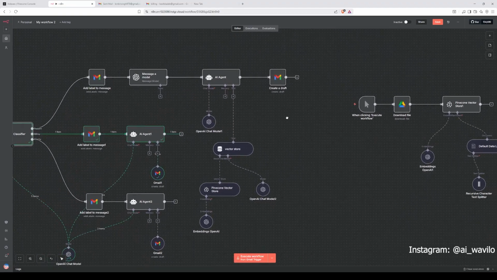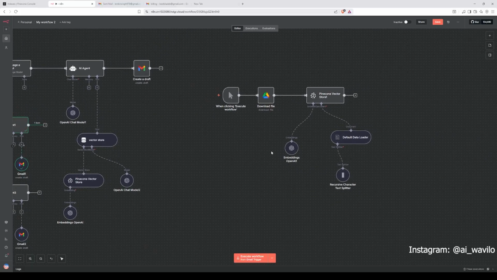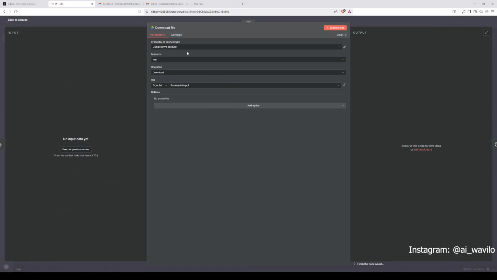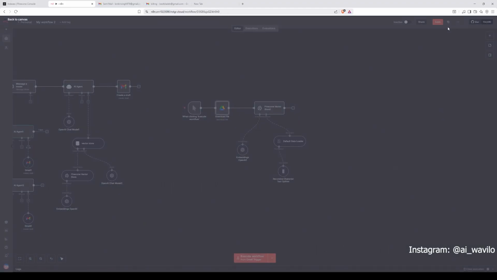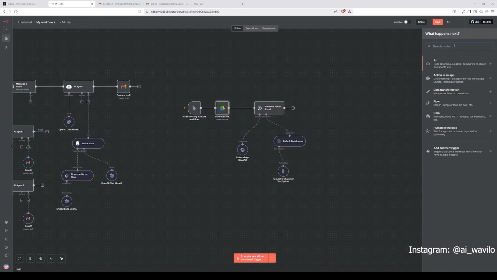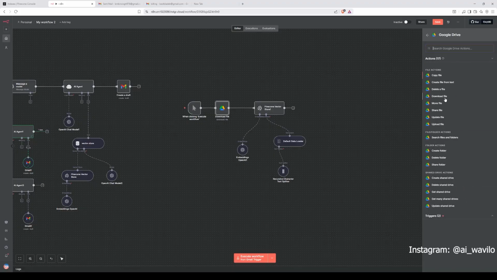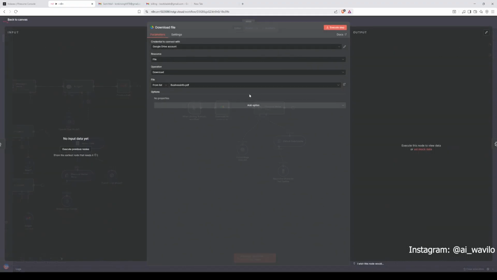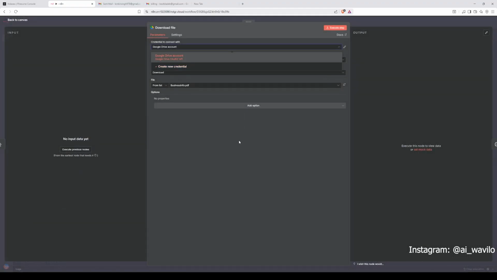So let's start with the basic stuff. First, we need to make a vector store so that we can put our data into it. We'll start with a simple manual trigger and connect it to our Google Drive. If you don't know how, just click over here and type Google Drive, and over here we will see a download file. So connect your manual trigger to the Drive file, and over here we will put in your credential,